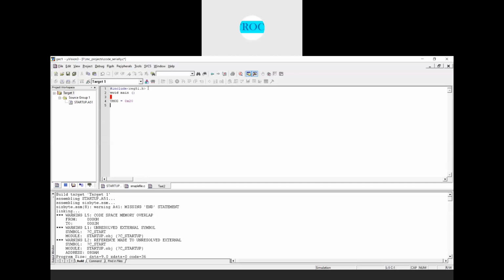Next, TH1 is loaded with what value in hexadecimal? As I said here, we can use 0xFD. Next is the SCON register. The SCON register is loaded with what value? 50h, so 0x50, right? Write the semicolon for all of these. Next, TR1 is set to 1. Now you set timer 1, right? TR1 is set to 1 here.